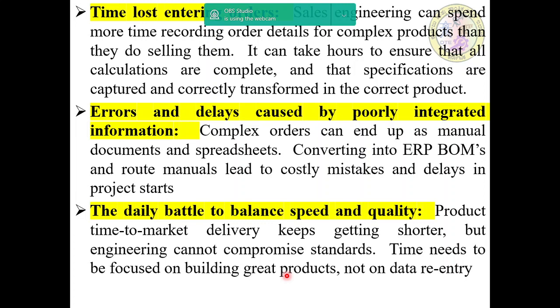The daily battle with balance, speed and quality. Product time to market. Delivery keeps getting shorter, but engineering cannot compromise standards. Time needs to be focused on building great products, not on data re-entry.